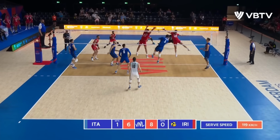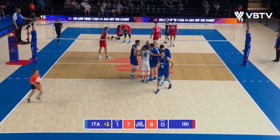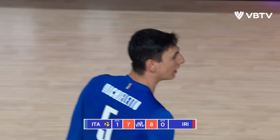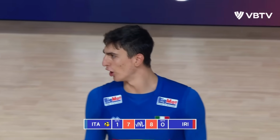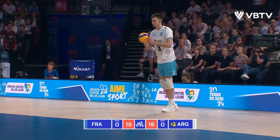Sifurla absorbs it. Straight up the middle again. Yeah, middle attack. I think Iran's been good about going to the pins wide to try to slow down the front row attackers and just opening up center channels. I know I said that a few times in the last 10 seconds, but it seems like